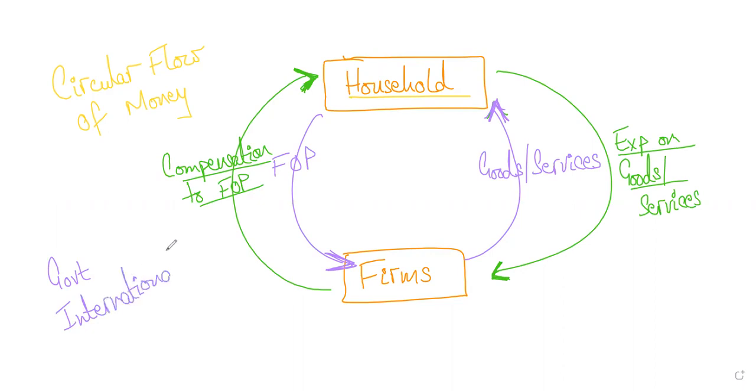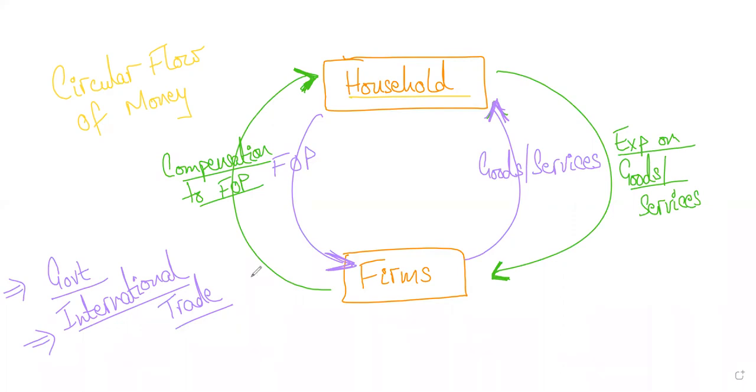So think about this. Within Pakistan is one thing. Within Pakistan, we have firms and we have households. But Pakistan or any other country for that matter also trades with other countries in the world. Yes or no? So these are two other sectors that we will show on this diagram. Is everyone clear on this? So you would have government and you would have international trade. Are we good on this, students? Is everything adding up?